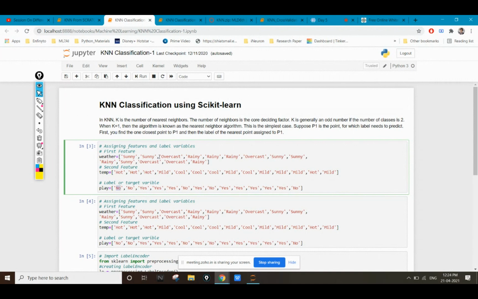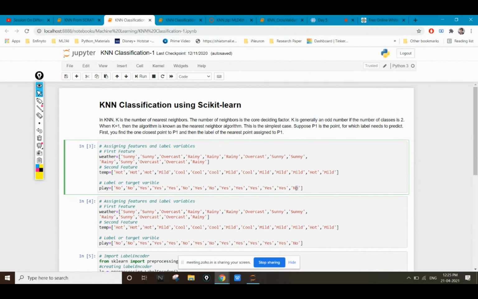But if the weather is overcast and the temperature is hot, they can go outside to play. If the weather is rainy and the temperature is mild, then the students can go to play. But if the weather is rainy and the temperature is mild, then students cannot go out for play.